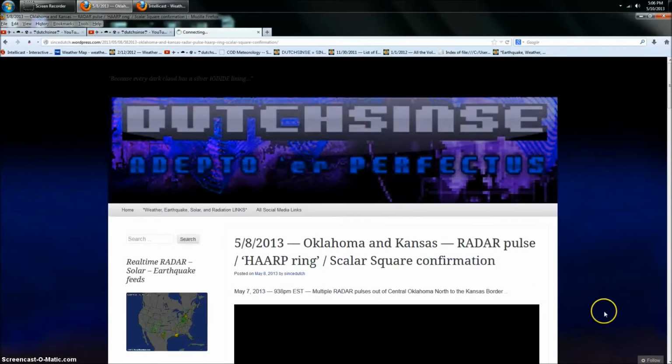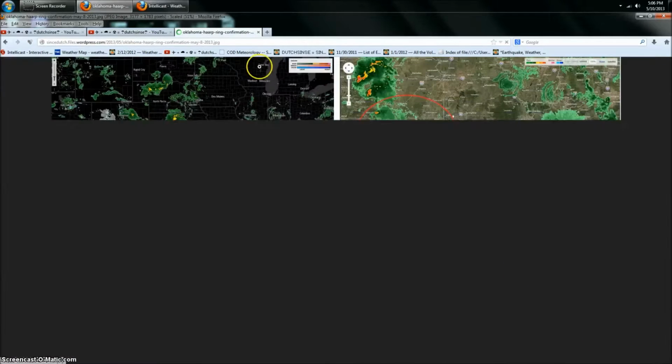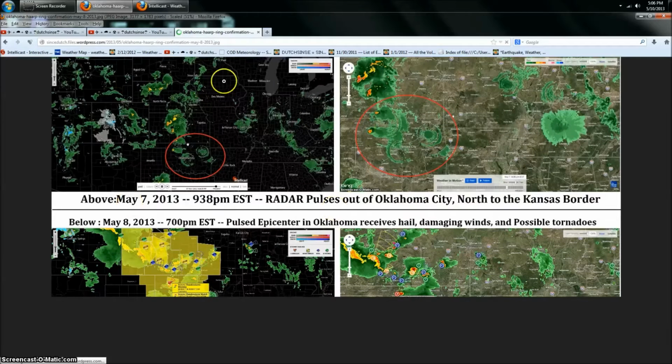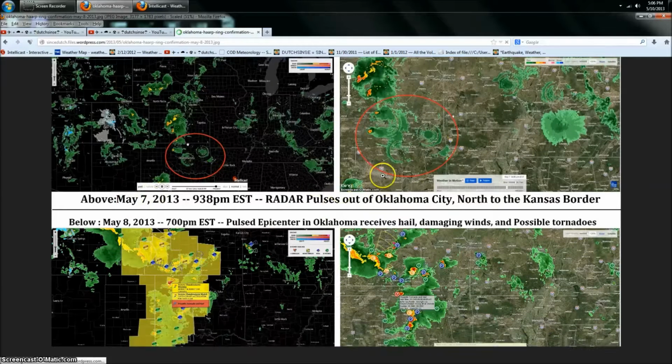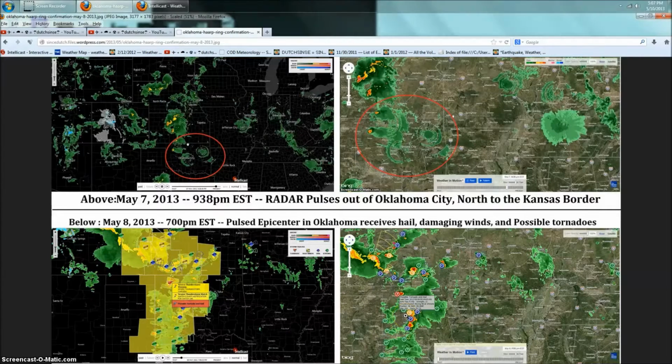Let's just take you to one example. All right, this is how I've been doing it. Here's a screenshot from before, on top of the HAARP ring radar pulses that occurred. These are what I believe to be high-frequency pulses being done from the ground-based station NEXRADs, which are having a resonance effect where the signal travels all the way to its conjugate point in the South Pole and then bounces back and forth for multiple days, and at the end result, we're seeing actual tornadoes, damaging winds, and hail form in that backscatter.